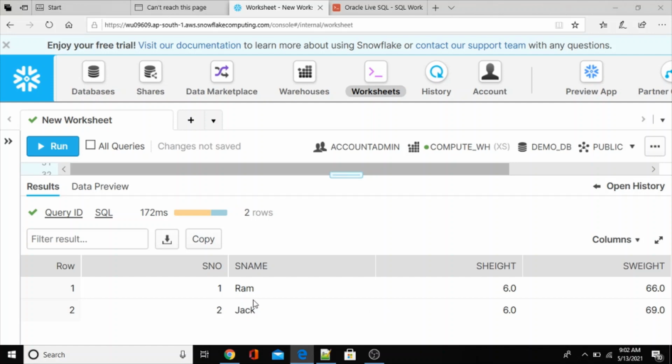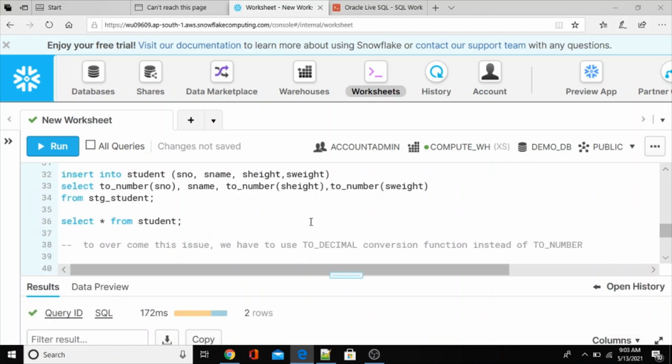Now we still have a problem. Earlier 6 only came and 66 only. Now after changing the data type we see 6.0, but that is not the expected output. So we still have a problem, even though we have changed the data type. Instead of number we have put the scale and precision, but still we have a problem.